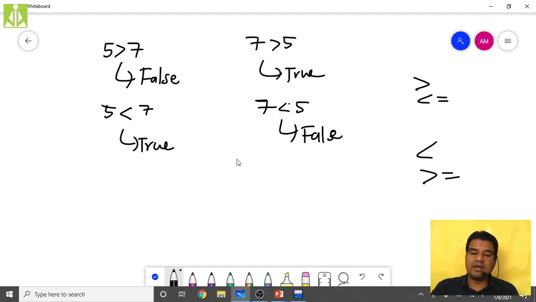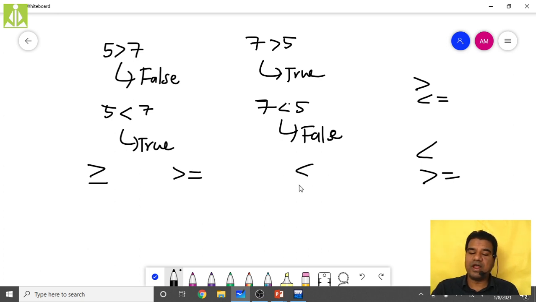So in mathematics, how do we write greater than or equals to? Like this we write it. But this type of symbol is not there on your keyboard, and moreover it is not a programming syntax. So in order to write greater than or equals to, first you put greater than, then you write equals to. Greater than or equals to.